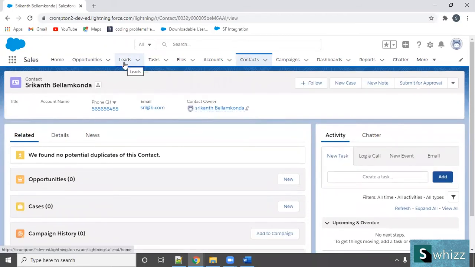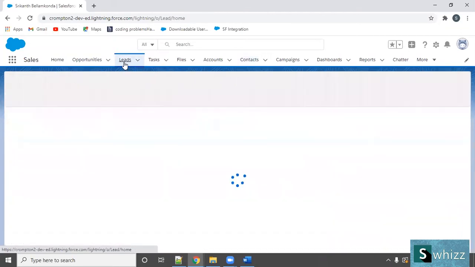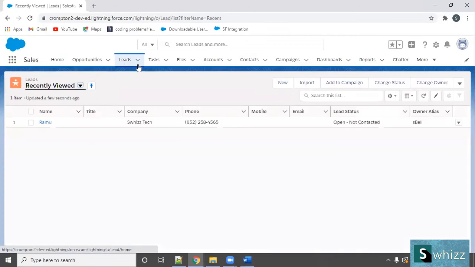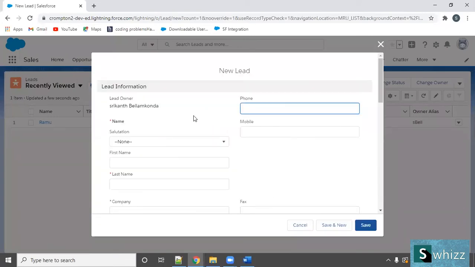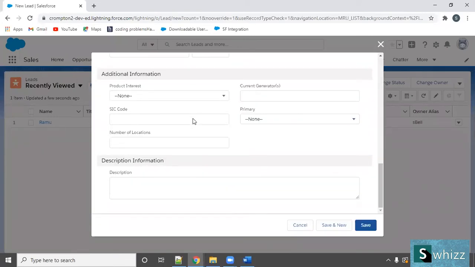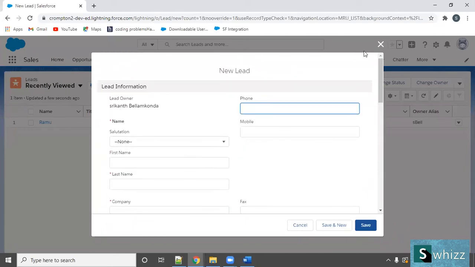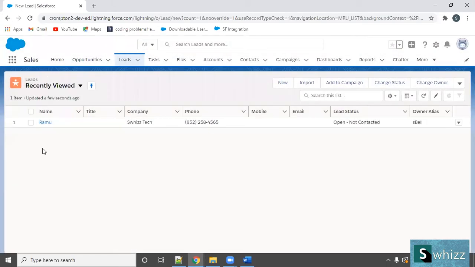Click on leads. Shall I click on the new button? Yes. So here I can create the lead information. Still I have to tell you what this dialog box is technically called. We'll see all these things in the next sessions. Okay.